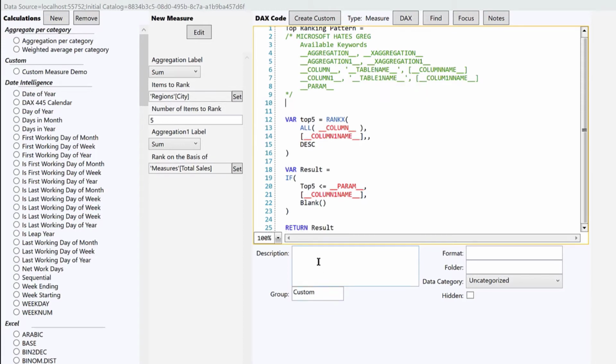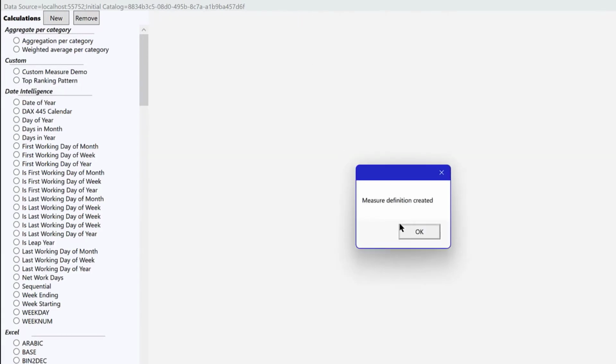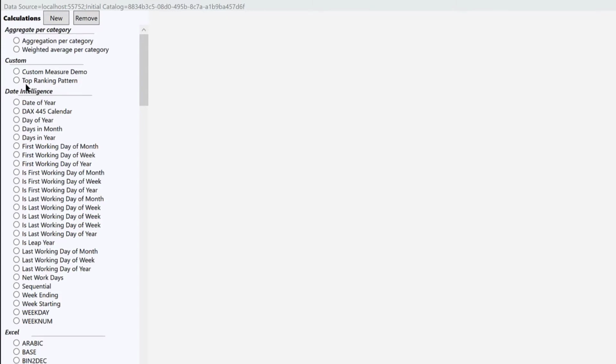One thing we can do here though is update the metadata a little bit. So this is a brief description, and we can add additional metadata here. If we like to put our measures in folders, we can do that. We can hide it if we want to for some reason. But I think this is pretty much what we want now. So we can say create custom, and you'll see measure definition created, and we've now got a top ranking pattern